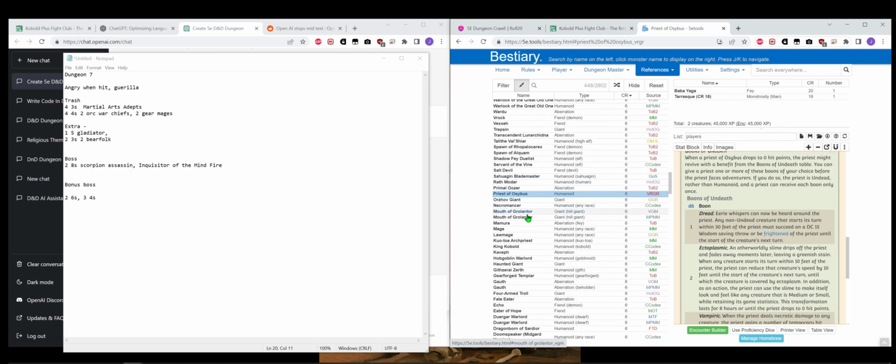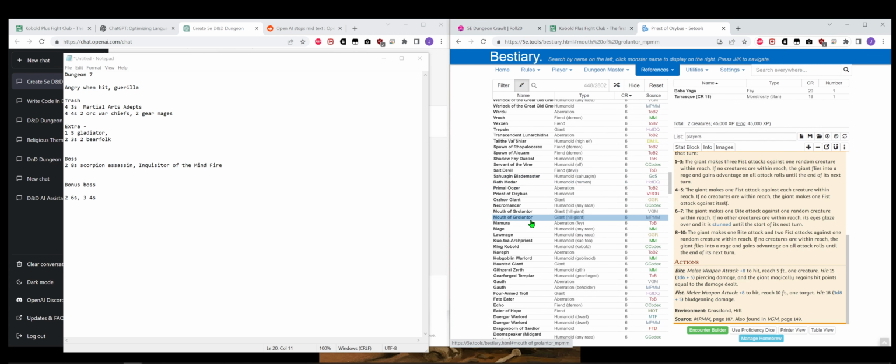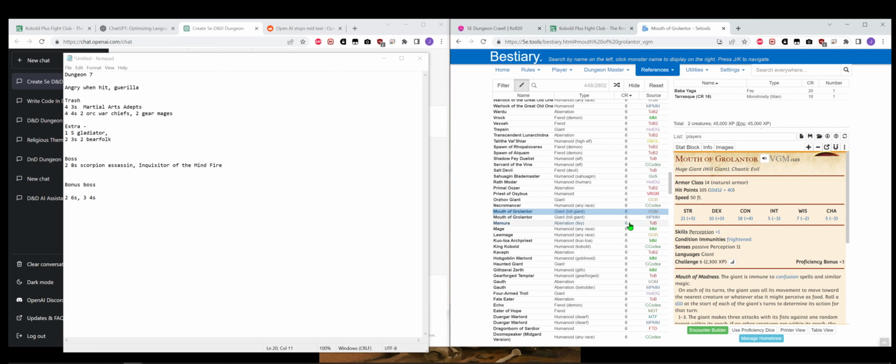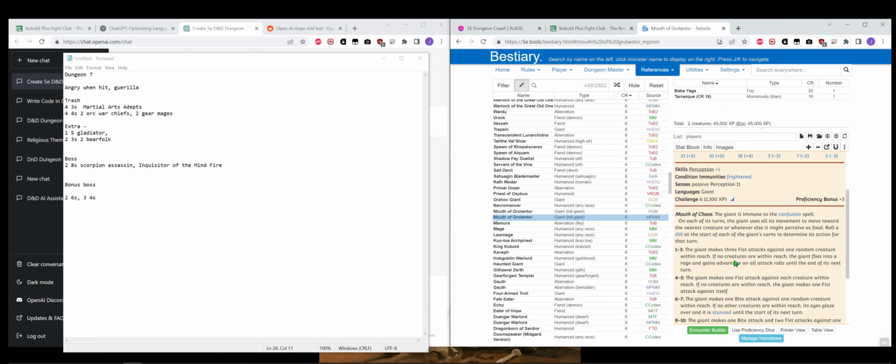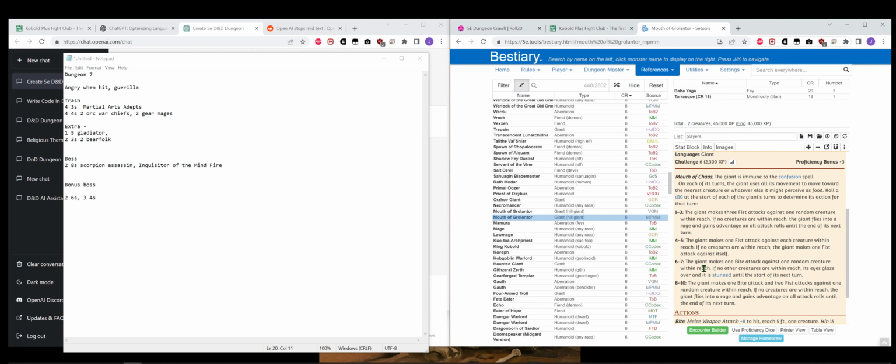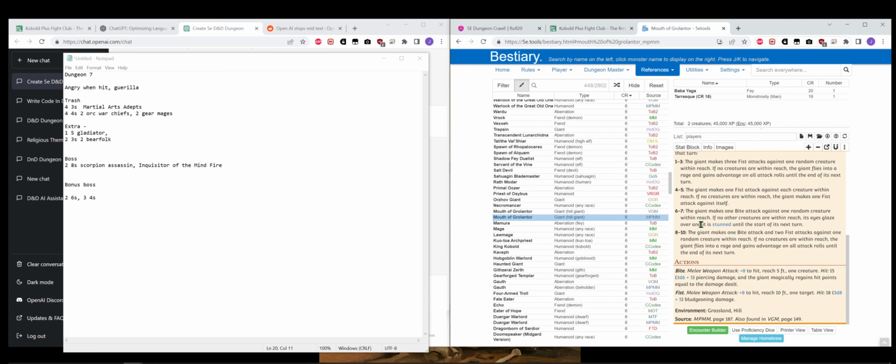So I'm dealing with that. A big old hill giant. Good old beat stick. It's just doing this kind of hitting itself thing. I don't know. A decent beat stick, but